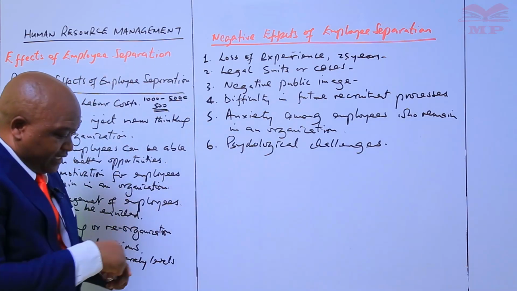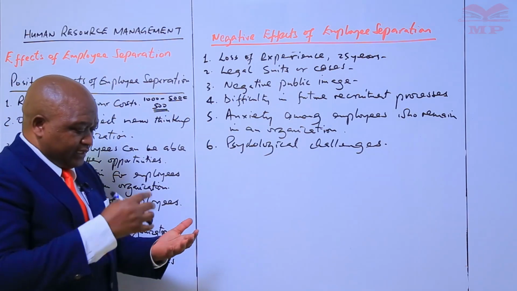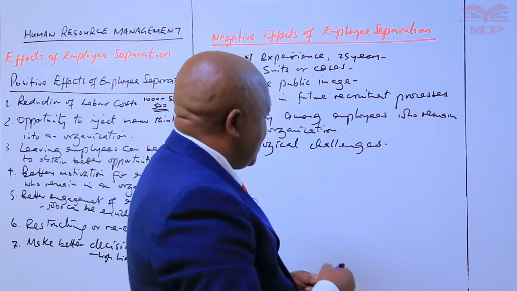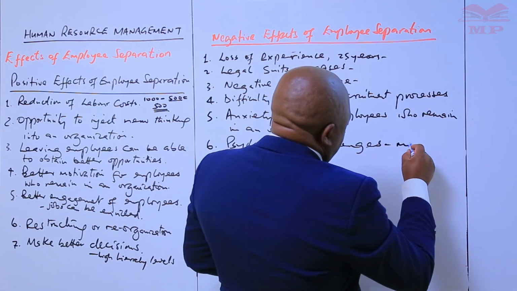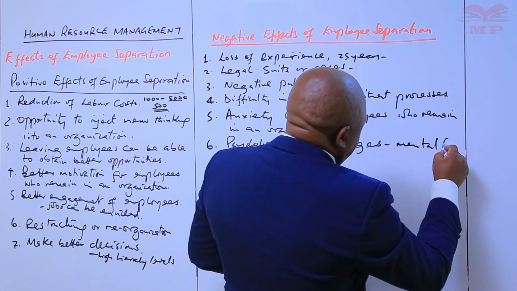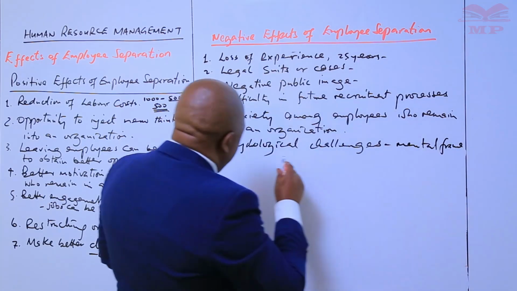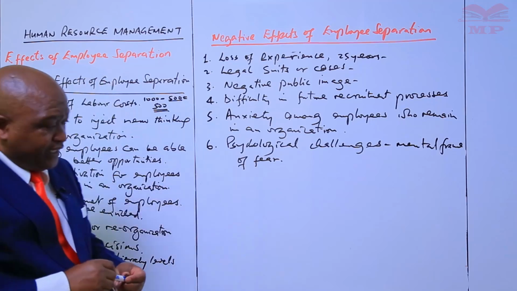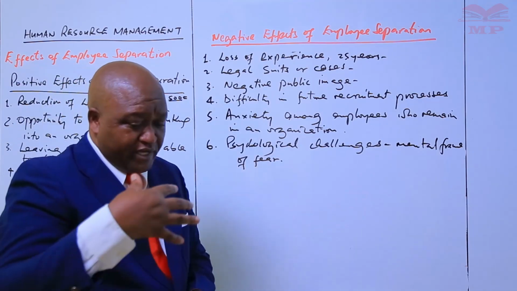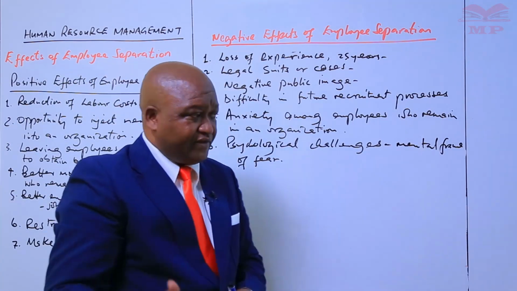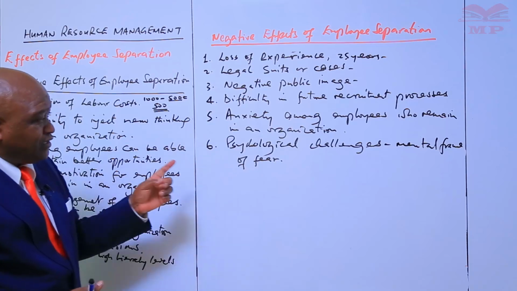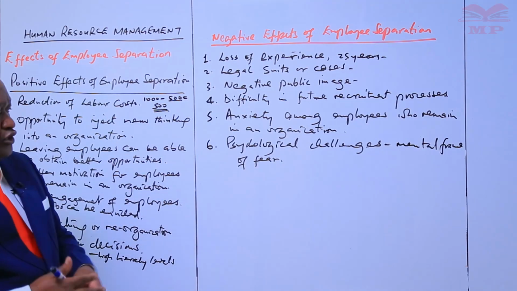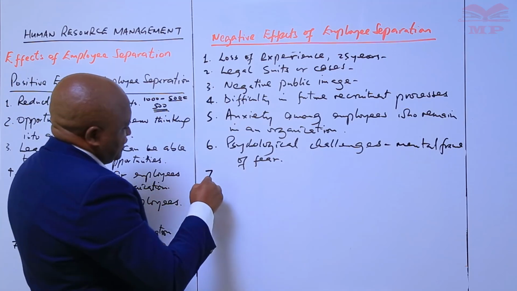So what happens here, Lana, is that workers in a given organization will start having that mental frame of fear, that we are working for an employer who may reach a point and terminate your services. So that mental fear and those psychological challenges may also now lead to 7,